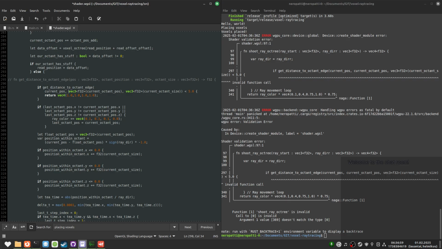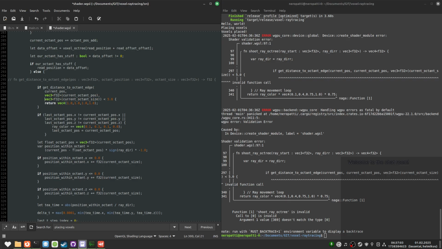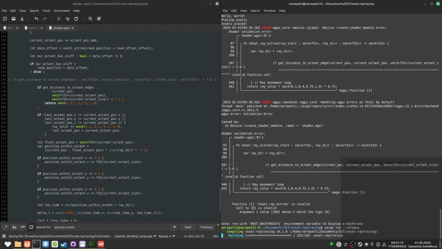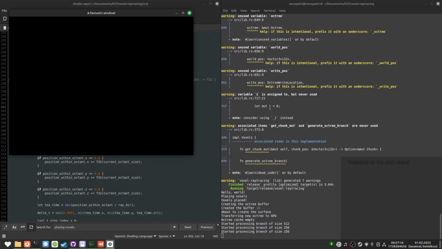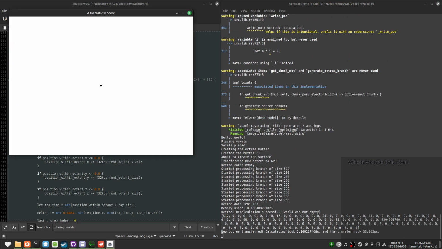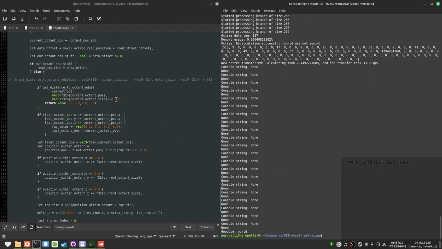Also, does that work? See, it does work. And now we see only white.